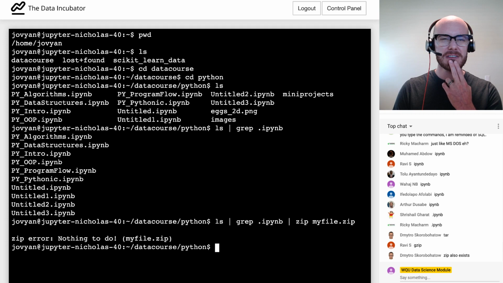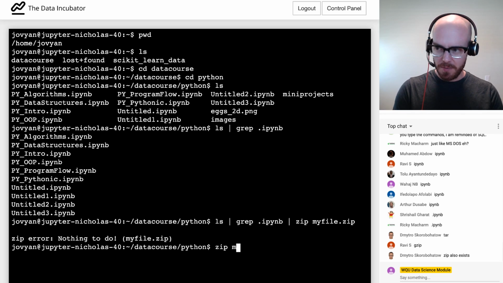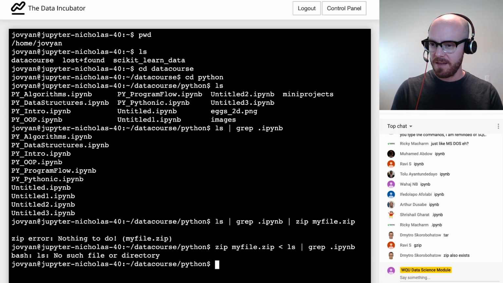Let me think about this here for a second. Let me try it this way. Zip my file, ls grep ipynb. Let's see here. Let me think about this.